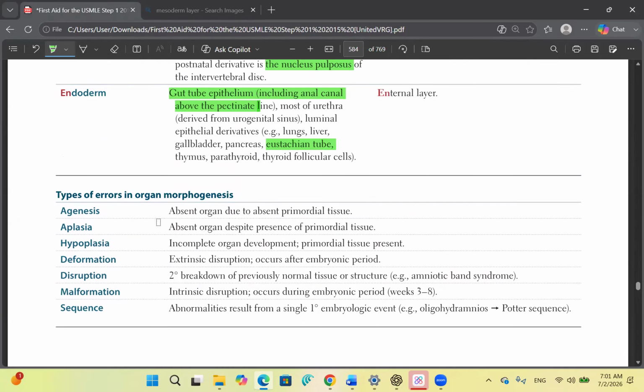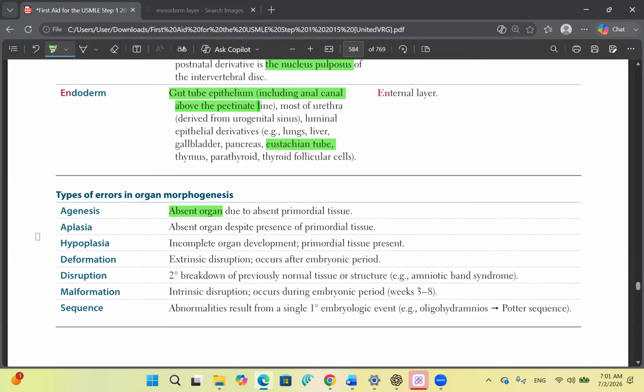The first is agenesis, which is an absent organ due to absent primordial tissue. Then there's aplasia, which means it's an absent organ despite the presence of primordial tissue. Hypoplasia is incomplete organ development. Primordial tissue is present, there's incomplete organ development, but primordial tissue is present. Okay, so basically, no primordial tissue, no development, no organ: agenesis. Primordial tissue, but still no organ: aplasia. Primordial tissue, organ, but incomplete: